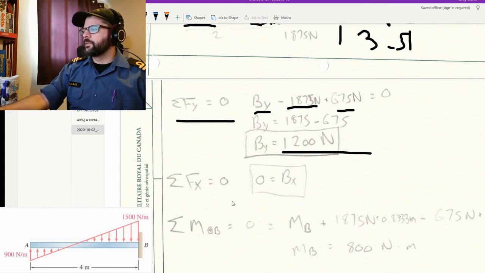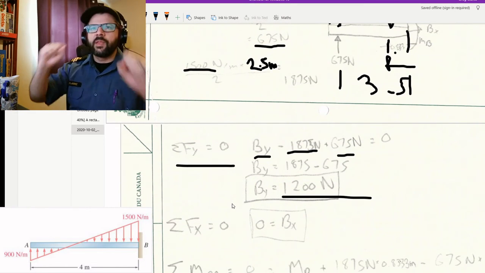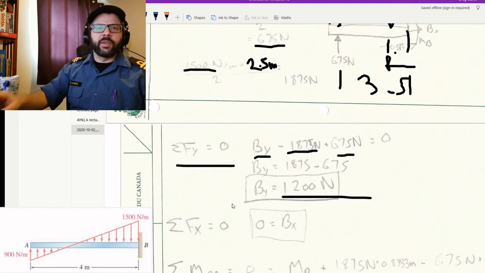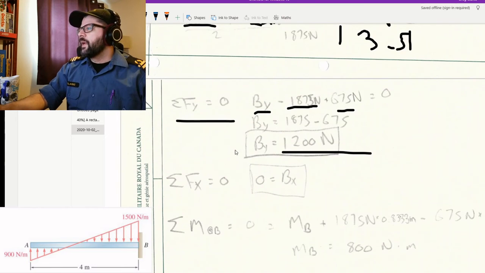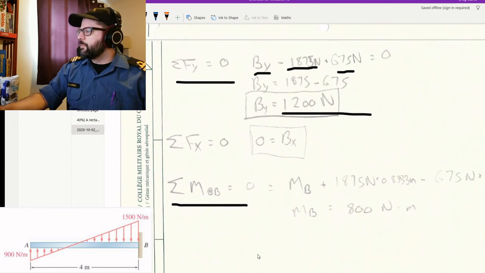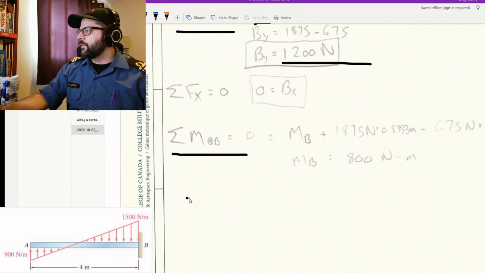The sum of Fx is equal to 0. Well, the only one acting in the x direction is B, so it is Bx, so Bx is 0. Not that shocking. We see that fairly often here, don't we? And then we've got our moment about B. Let's take the moment about B. So taking that, I'm just going to